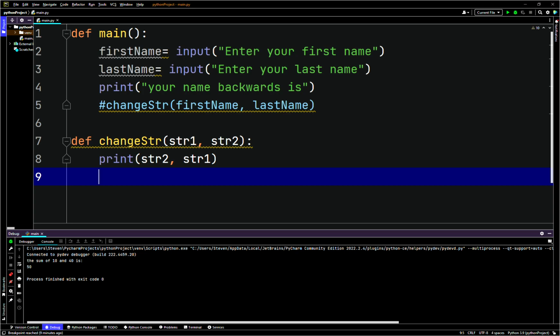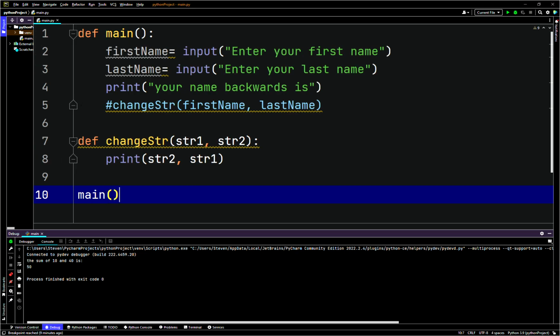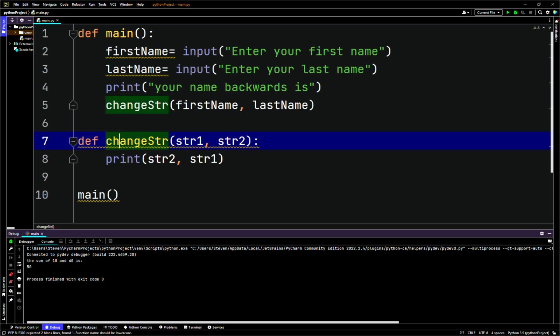So here we'll just call the main function outside the indentation. Here we'll just uncomment that. We're saying, okay, we're calling change string, the function, which is here. So change str takes two variables. In this case, we're passing it two strings, first name and last name. Then here we're saying, okay, well, we want to print them backwards, and that's it. Don't think I need to step through them. It's the same thing as numbers,